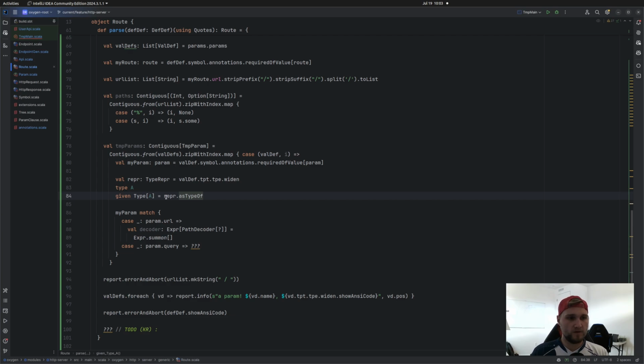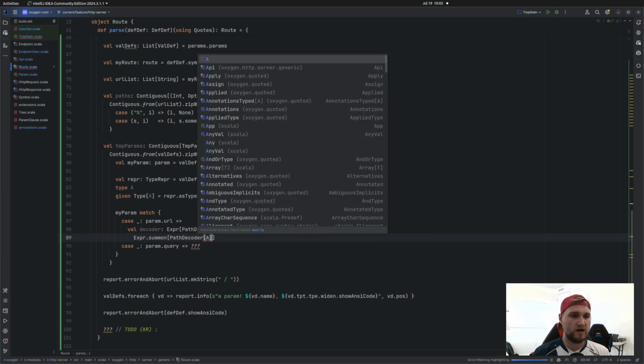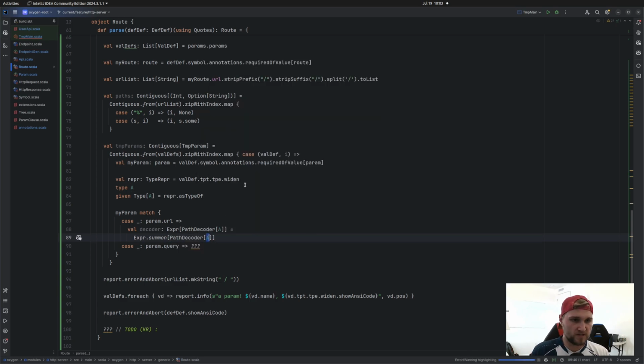type of. Okay, so now we have the ability to turn this type repr into representing this fake type A so that we can reference it later. And technically this is actually going to be a path decoder of A. And so we're going to try and summon a path decoder of A, and when we reference this A, we're trying to summon the A from our valdef. And we're going to need to do